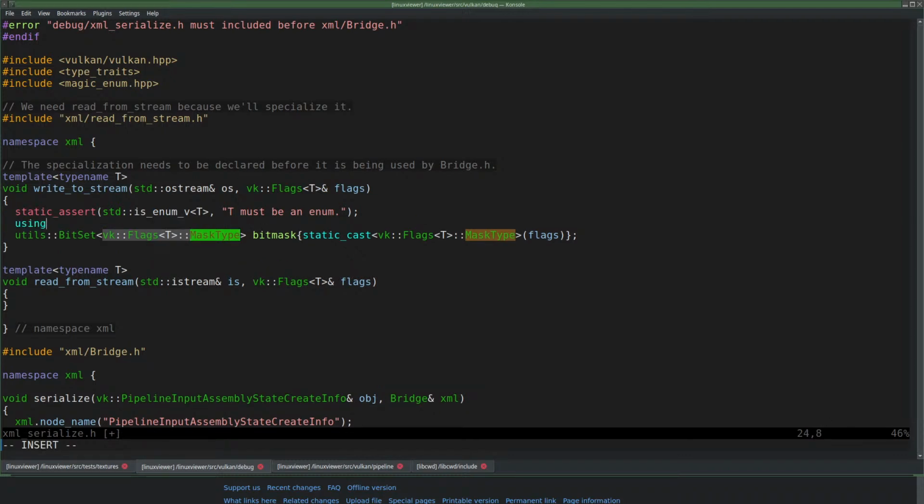Okay, and that's a long thing, so let's call it bit mask type. And since it is a type and it is depending on a template parameter, you have to tell the compiler that it is a type now. It's actually not the type of the bit mask. The bit mask has type bit set. I'm going to call it underlying type then.